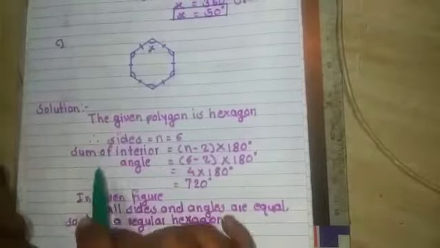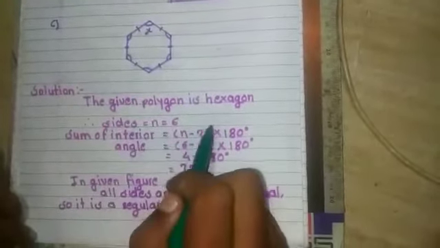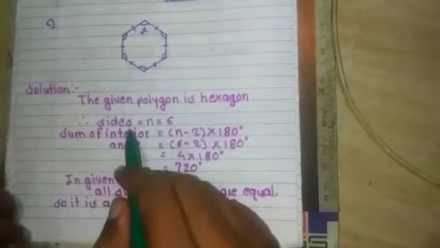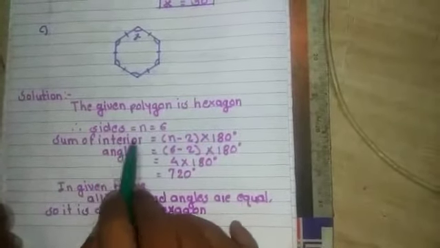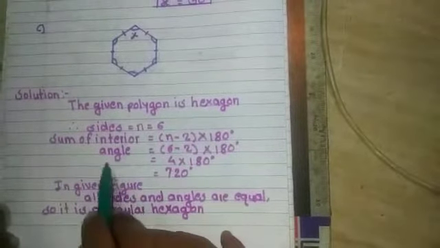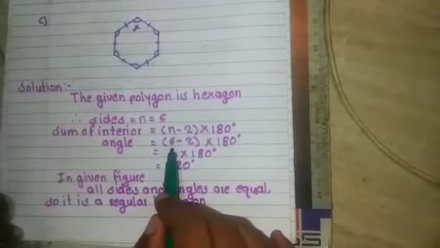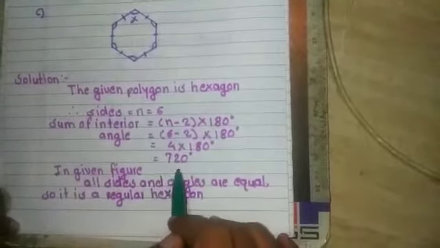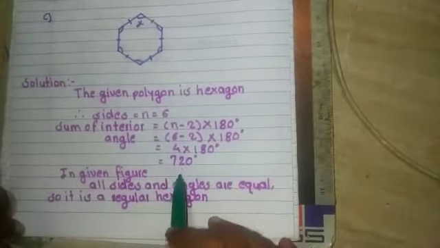The third figure. Now just see, the given figure is looking like a hexagon. First we will find out the total sum of the interior angles. If you know, then it is okay. But as we have done in the previous example, same here. Sides n equal to 6 as it is a hexagon. So sum of interior angles, we will put n equal to 6 here. So (6 minus 2) into 180 is equal to 4 into 180 is equal to 720 degrees. So total we will get as 720 degrees.